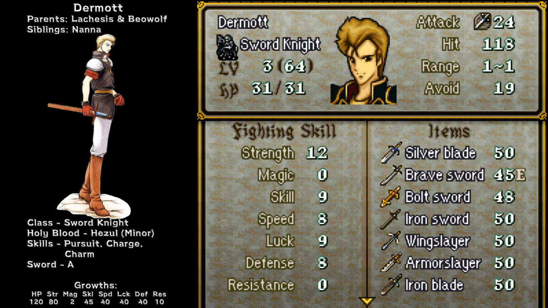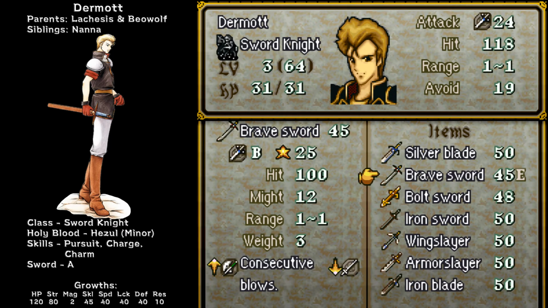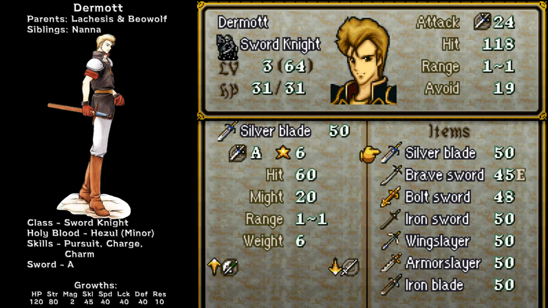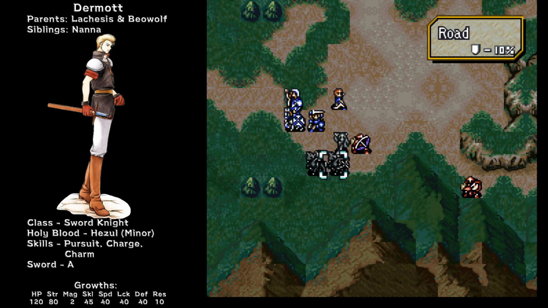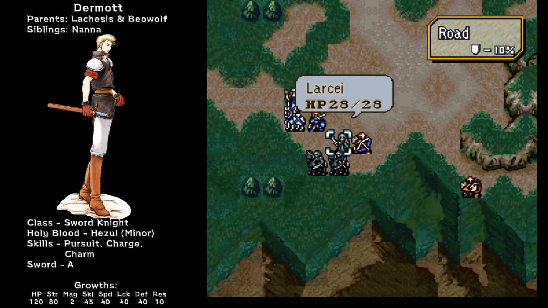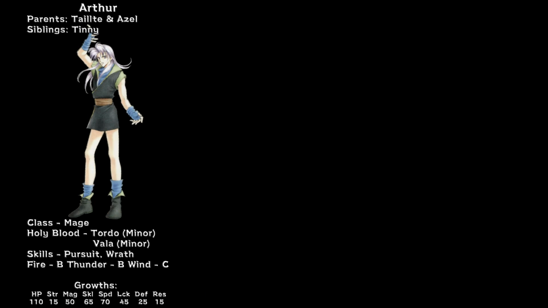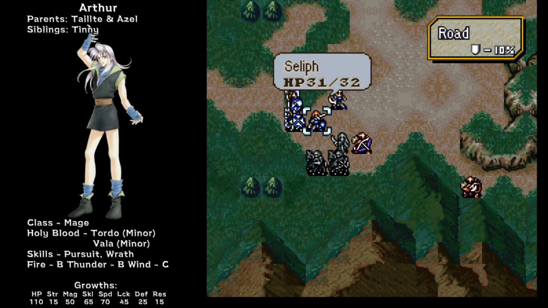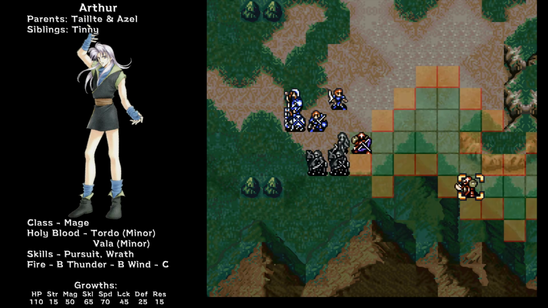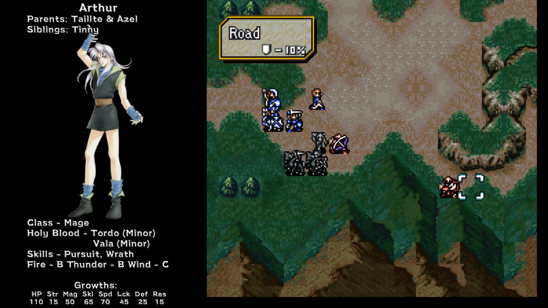I don't mind him holding on to the Bolt Sword, Brave Sword. But I'll probably move the Silver Blade to one of the Myrmidons, because they need high hits. I think Ulster would be a good Silver Blade user. And then Larcy's got a Steel Blade, which is halfway between Iron and Silver. We'll see. Anyway, Selif. I was going to try to get Selif a kill. If we end our turn beside him, technically we'll be in range, but...